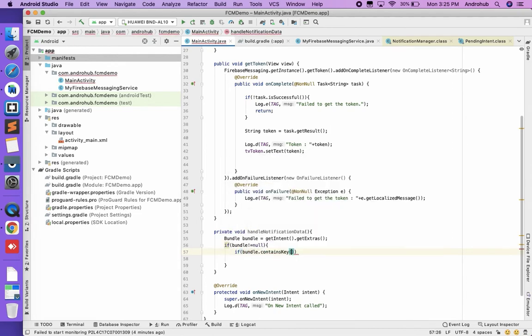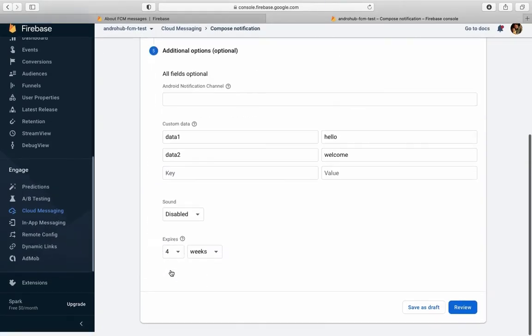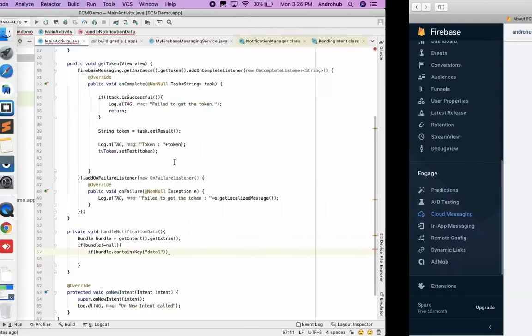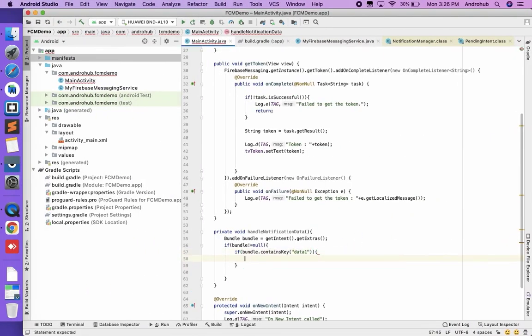if bundle.containsKey data1, because the data we are going to send are like inside, these are the keys, data1, data2. So data1 should be there.